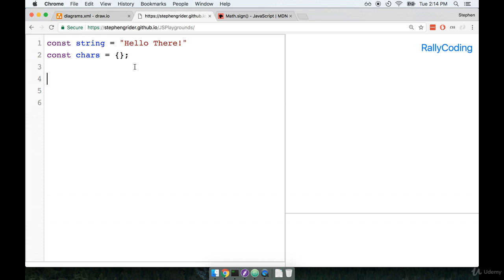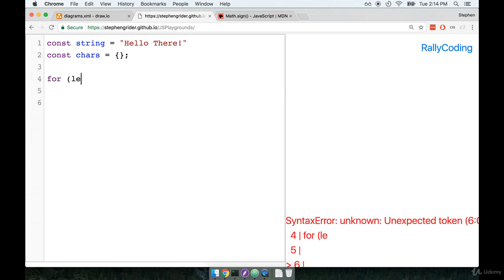So we will iterate through our string, and for every character, we will either add the character as a property and assign it a value of 1, or if we've already seen that character before, we will add 1 to it. All right, so we'll say for let char of string,